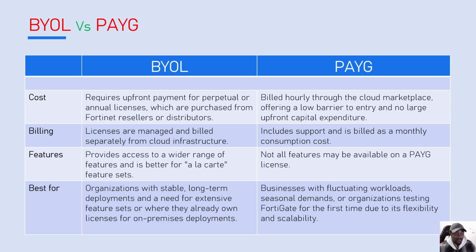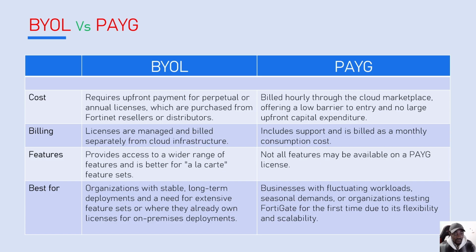For the billing, licenses for bring your own license are managed and billed separately from the cloud infrastructure. So your license does not depend on Azure or any other cloud infrastructure. While the pay as you go subscription is linked to your Azure subscription and is billed as a monthly consumption